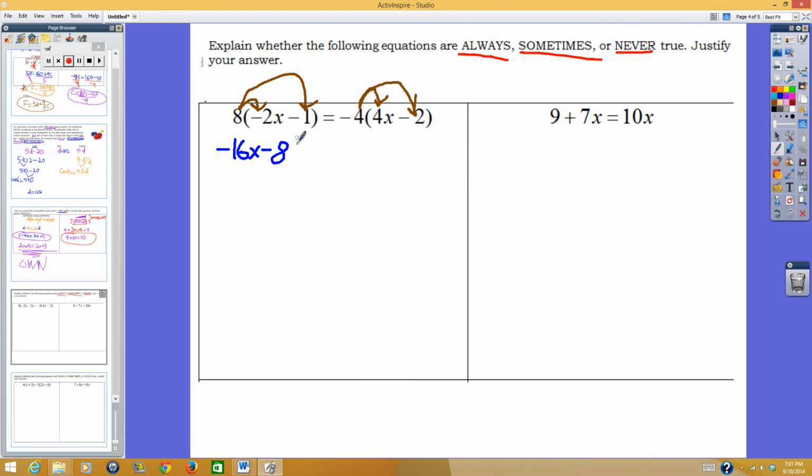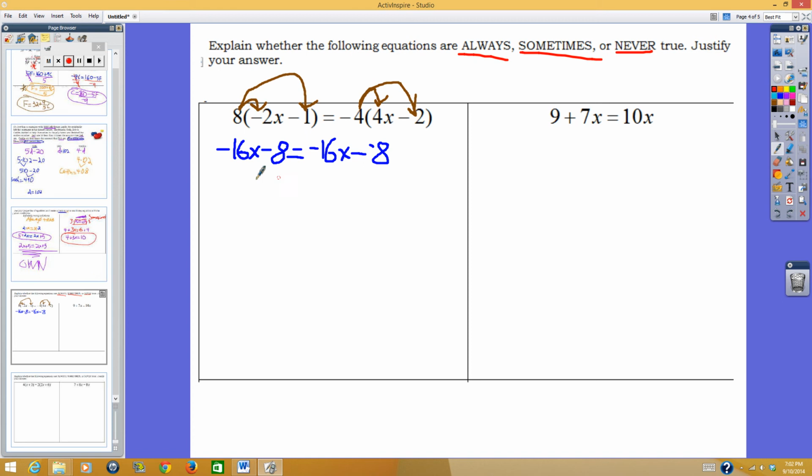Alright, so I'm done with this. I've distributed it out. Now I've got an equal sign. And on this side, negative 4 times 4x, that's going to give you negative 16x. Alright? And then you've got this minus sign. I'll bring that down. Negative 4 times 2. So that would be negative 8. At this point, if you don't know, if you subtract a negative, really you could change both of those to adding by something, right? But even if you didn't do that,